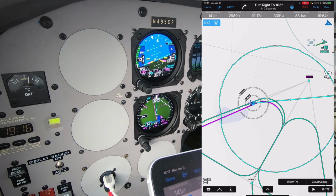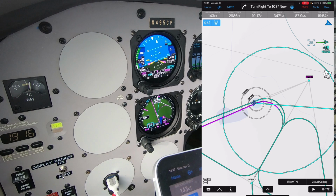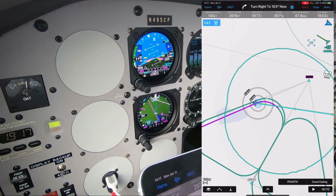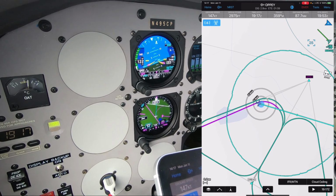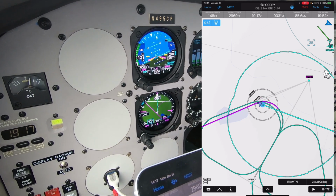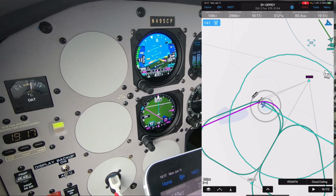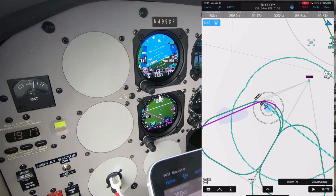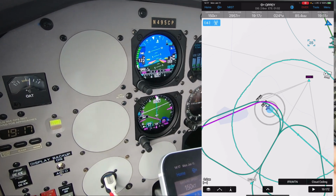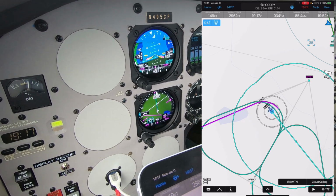The wind's coming from the left. We're being pushed behind us. And it's probably going to have to turn a little bit faster. And so it'll be now behind us and to our right eventually. So sharper angle of bank. Staying on